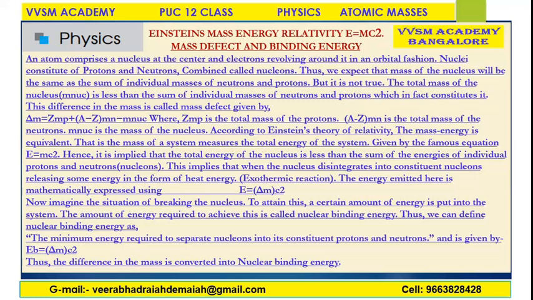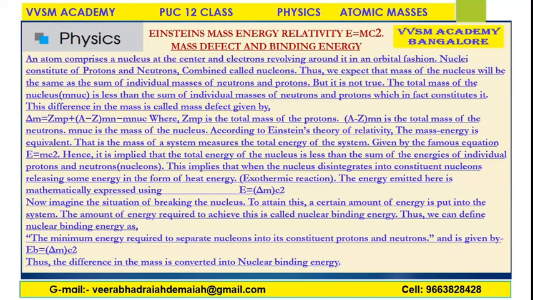The total mass of the nucleus is less than the sum of the individual masses of neutrons and protons which in fact constitute it. This difference in mass is called mass defect, which is given by ΔM = Zmp + (A − Z)mn − M, where Zmp is the total mass of protons, and A − Z